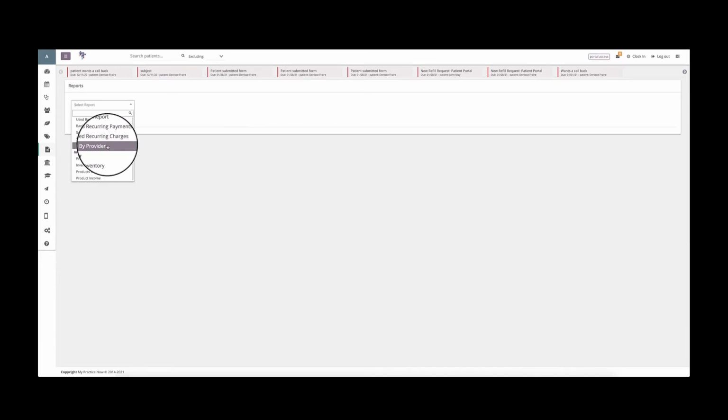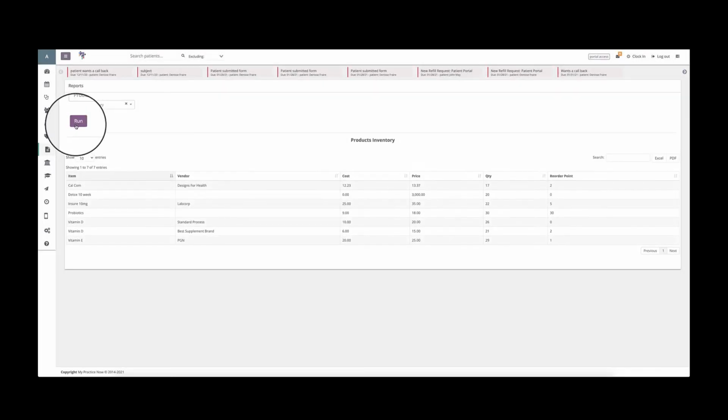Okay, so now let's take a look at our inventory report. The product inventory, if you click on run, you will see a list of the items, the vendor, the cost, the price, the quantity, and the reorder point. Remember, the item is the name of the product that you have entered in the software. The vendor is, of course, the company that sells this product. The cost is what you paid. The price is what you charge your patient. The quantity is what you have in stock. And the reorder point is what you entered in the software to remind you when to order, in this example,